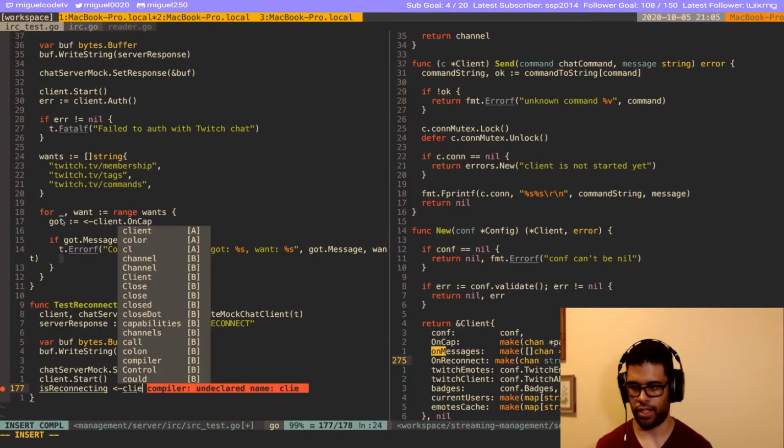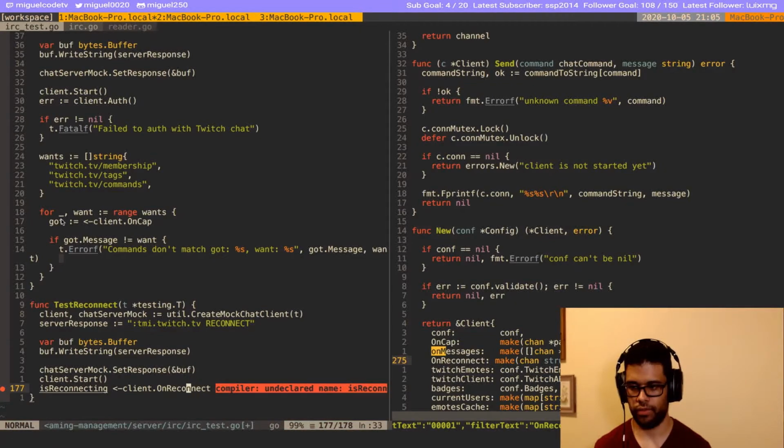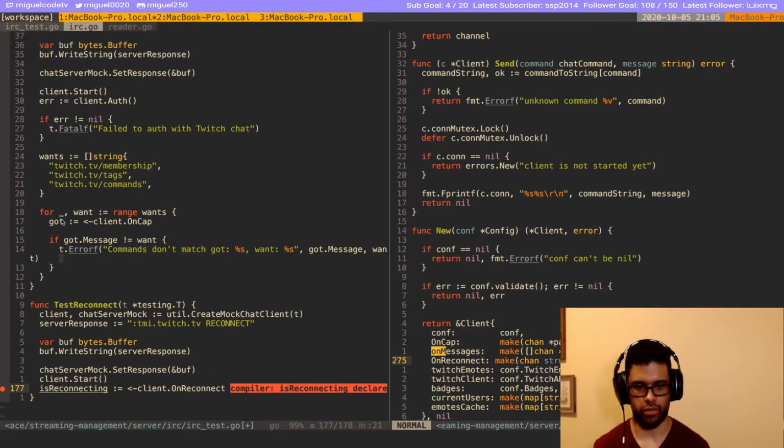We do client.OnConnect, and it's going to return, we're gonna change this to a Boolean.